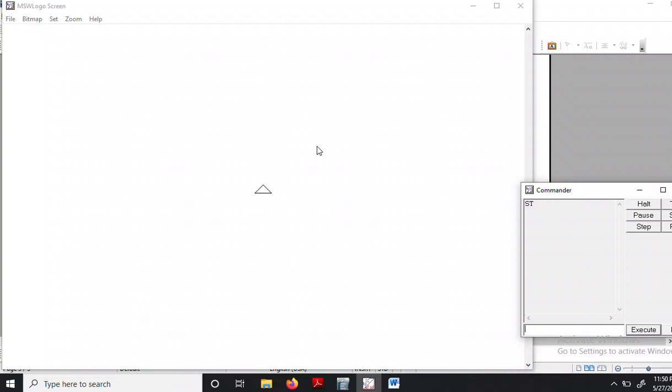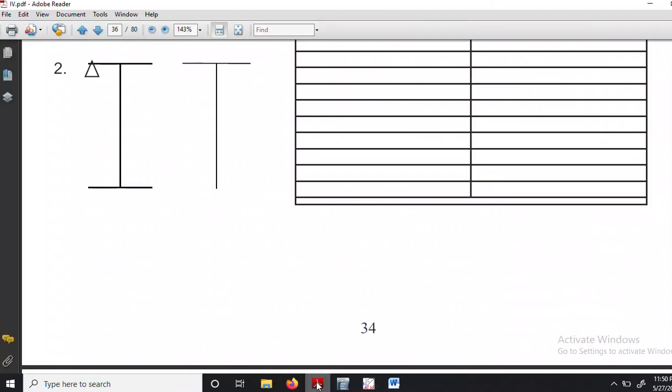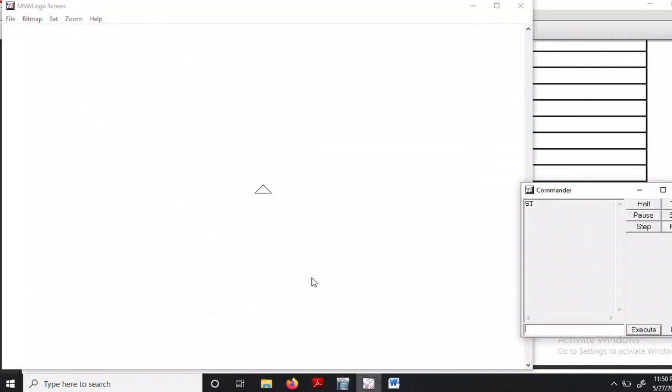As you can see here in your book, this is your book and the question is this: I will be converted into T, and the logo, your turtle, is starting from here. So I will be starting the figure from here. So let's start. I will be taking the turtle to here first because I want to draw from here. For that I need to use PU and I need to jump the turtle to a certain location, more 30 commands.